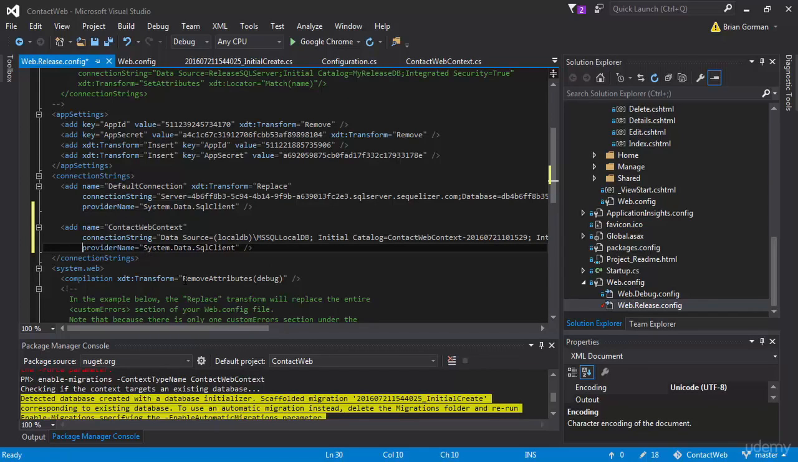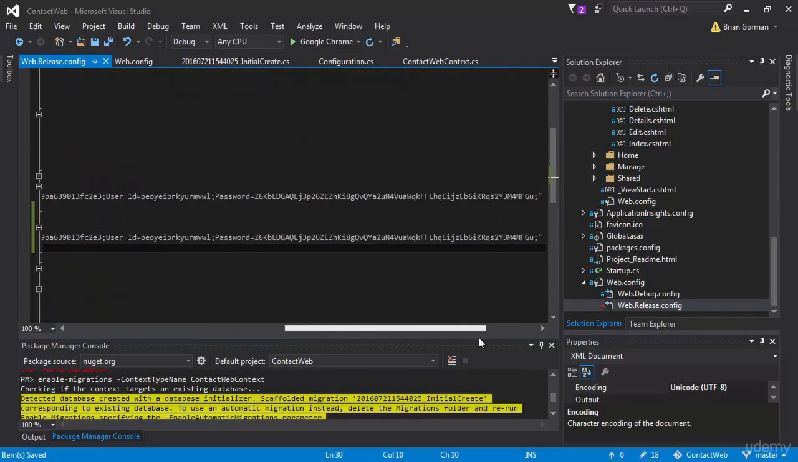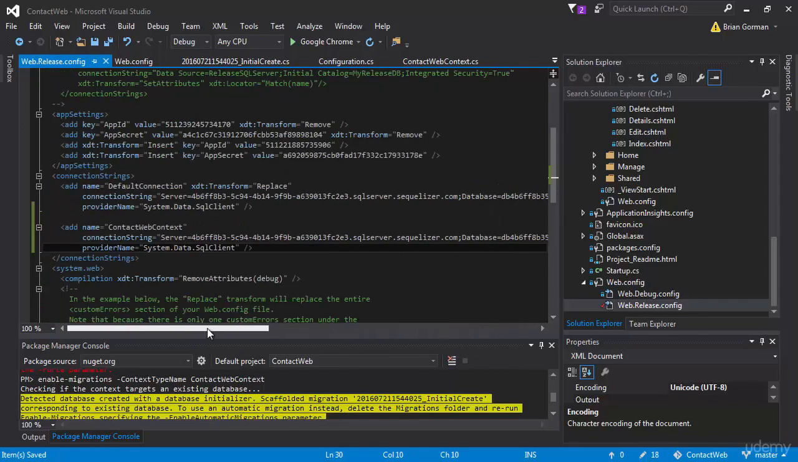So what I'm going to do for the connection string is grab this connection string right here, and I'm going to ultimately point to the same database that I am already using on App Harbor. So you can see it's going to be exactly identical. And I want to do the same XDT transform replace. And what that's going to do now is wire up my web config on release to make sure that my contact web context can create the table as it needs to and seed the data as it needs to on